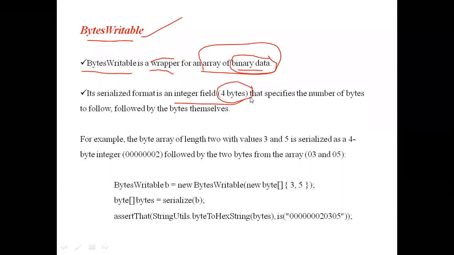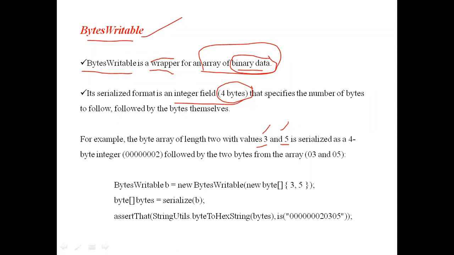That means, for example, we have taken, for our understanding, I want to store the values 3 and 5 in the array. In the bytes writable array, I want to store the values 3 and 5. That means the programmer's aim is to give that array two values, 3 and 5.